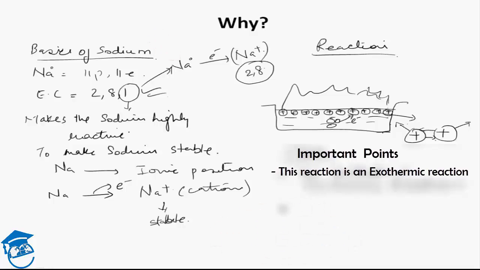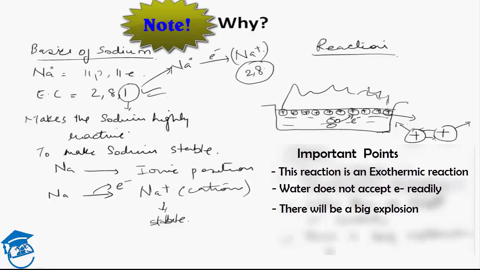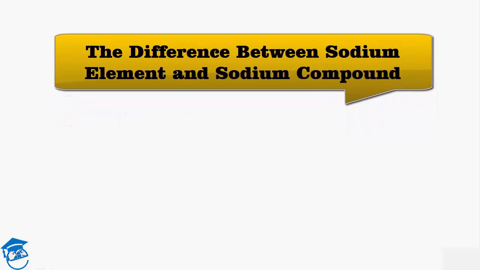The second main point is that water does not accept electrons readily, and there's a big explosion. So friends, the basic idea of this reaction is that when sodium gives out its extra electron readily to another compound, here water, a lot of energy is released, and there's a big explosion on the surface of water. Friends, let's understand the difference between the sodium element when dissolved in water, which gives a big explosion,